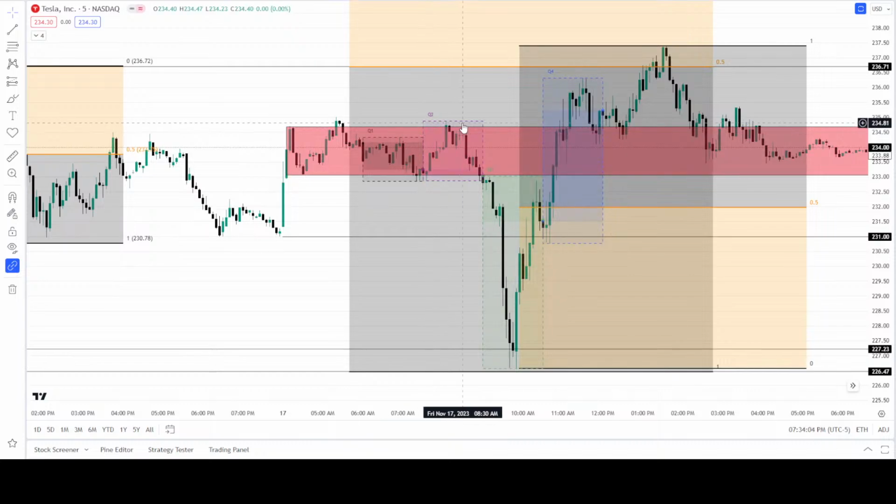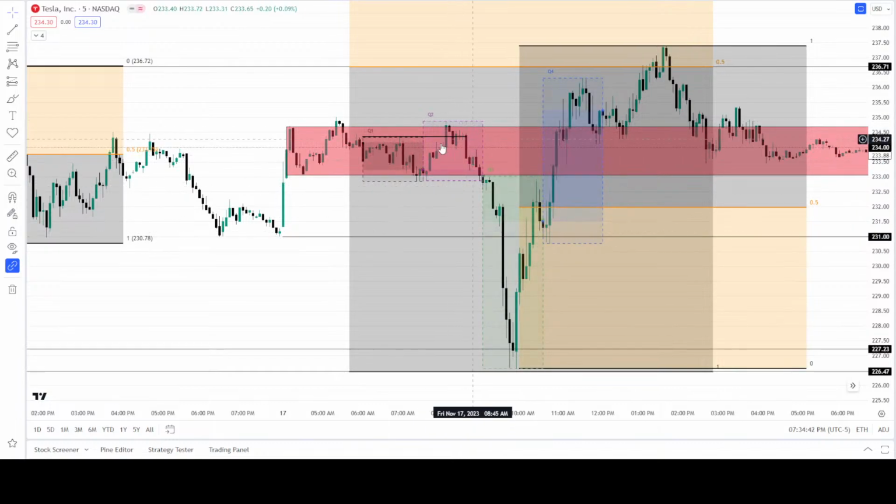Second quarter, manipulation, right? We ran the stops on quarter one highs, and we'll mark that off so it's more clear. Okay, we ran the stops that were short positions, so people wanting to go short, we ran the stops, cleared out the liquidity. Okay, right? Accumulation, manipulation, right? Distribution, quarter three caught reversal and gave us our quarter 4 reversal, which ended up actually delivering above the quarter 2. But